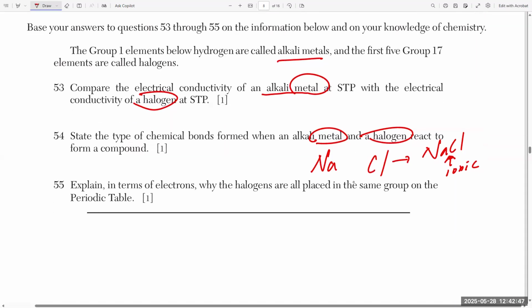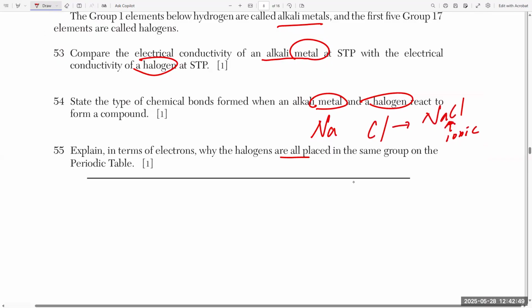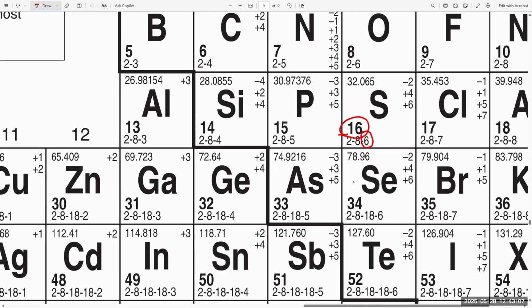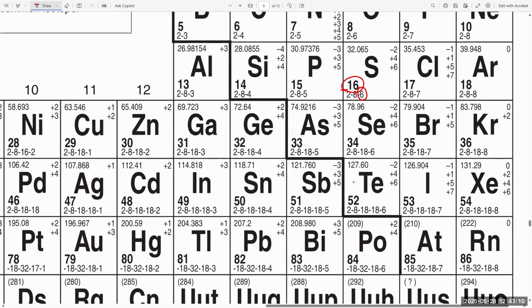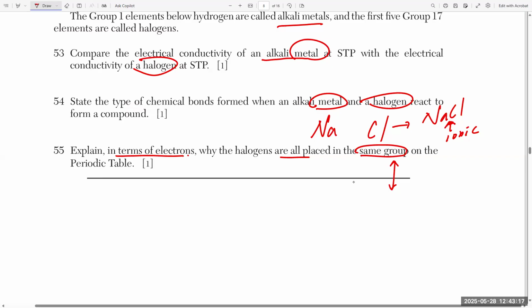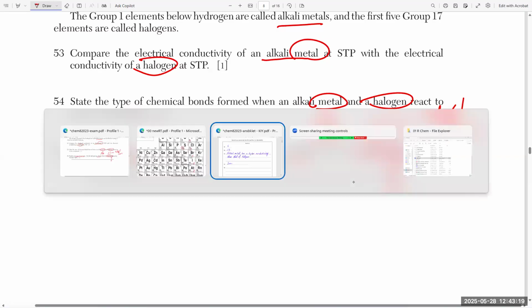Explain in terms of electrons why the halogens are all placed in the same group. Remember, that's going up and down in the periodic table, right? In terms of electrons. Well, what do we know? Again, this is not asking about halogens. It's just asking you if you understand what the trend is in a same group. So we know that in the same group, the number of valence electrons is the same, right? So you would write here that